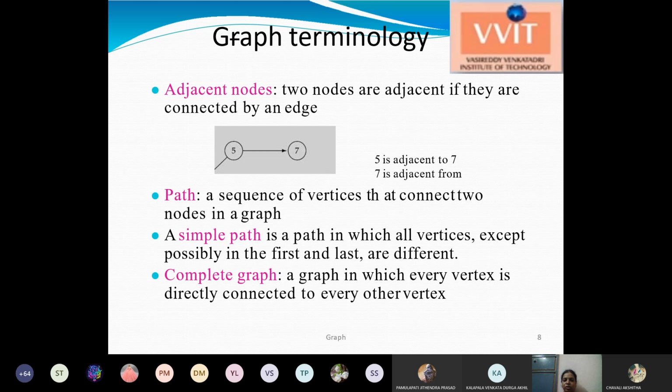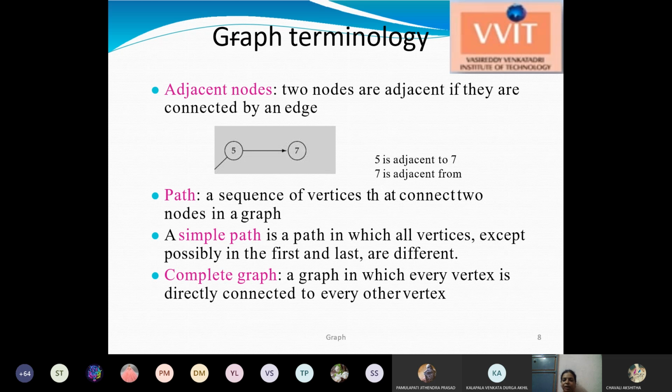One way is you can go through Mangalagiri, or you may go in another direction. So that path is the number of places you are covering to reach from one place to another place.